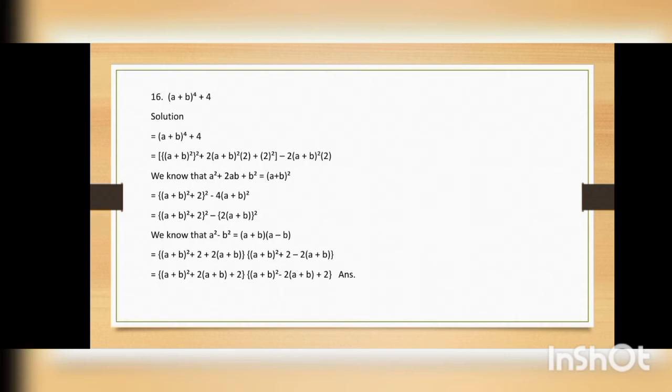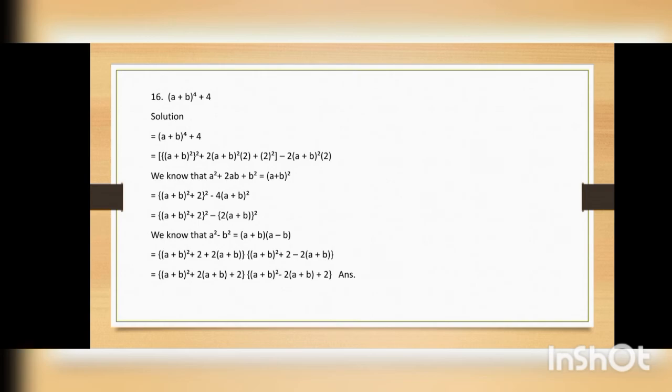Then minus sign, and after simplifying the second term of the second step, we have got 4 into a plus b whole square. Now we observe that I can write this 4 into a plus b whole square as 2 into a plus b whole square. Then we can apply the formula of difference of two squares here. So we have written the formula in the third last step, and in the second last step we have just written this step according to the right hand side of this formula. And in the last step we just got rid of these curly brackets and arranged it in descending order as well.